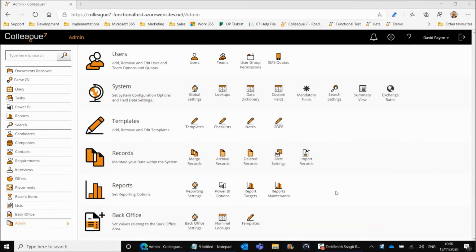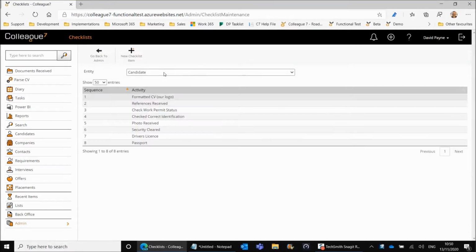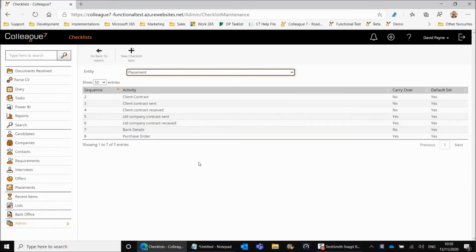So in this video, we're going to go through placement checklists. And in this video, we're going to cover 4 components as part of placement checklists. The first component is the fact that you can now define what is a default set associated to a placement